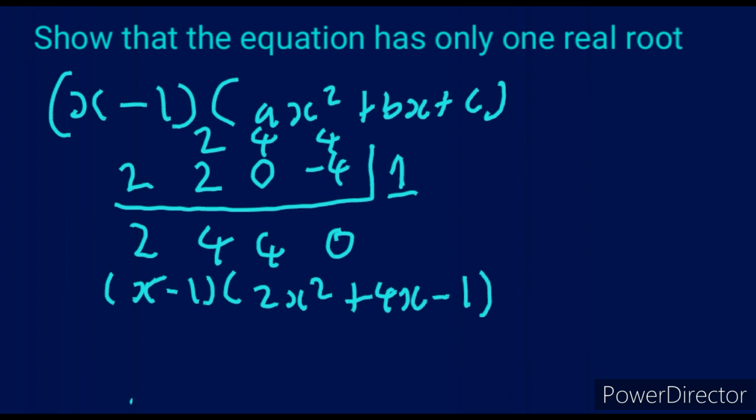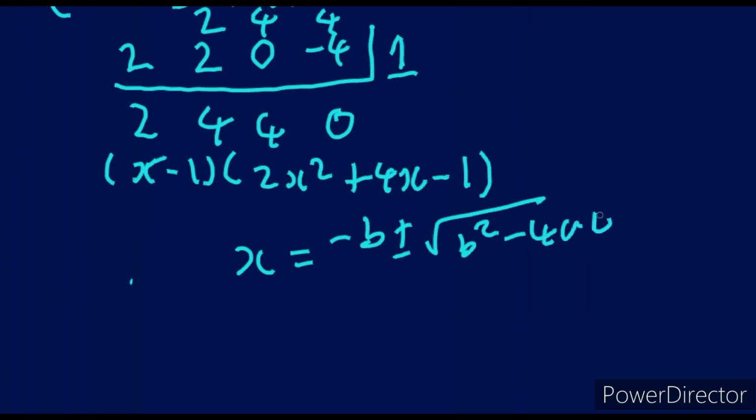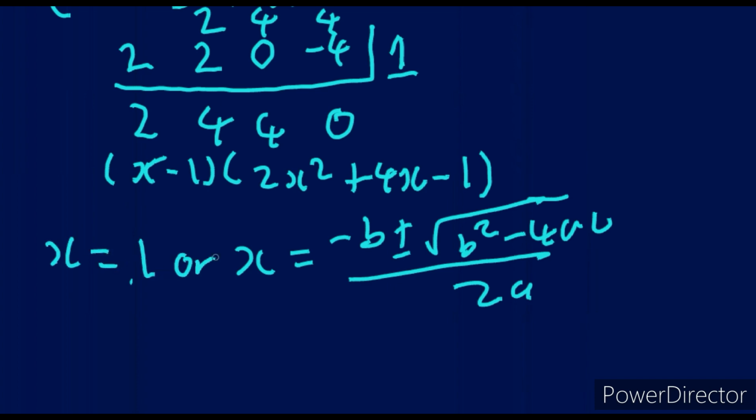You have to show them the quadratic formula. You have to show them how that when you use this quadratic formula, so we're going to have b squared minus 4ac over 2a. So you have to substitute into the quadratic formula and you have to show them that it gives you error. So first of all, here we'll have x is equal to 1, or then we have to substitute into this quadratic formula. So then it will be